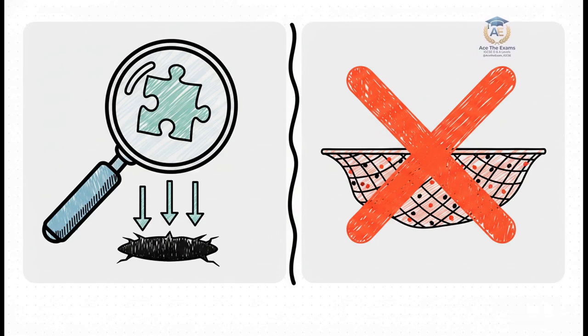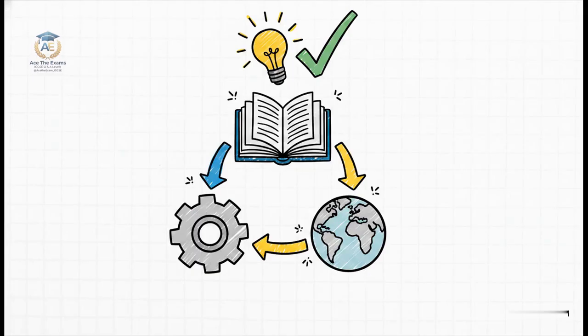You are rewarded for taking a few highly relevant pieces of information, isolating the hidden constraints of the prompt, and analyzing them deeply. If the command word is analyze, you are breaking down the components. If it's evaluate, you are judging the value of those components. Knowing the difference is what elevates a mediocre paper to an elite one. So the crucial point is exactly how you build that depth. According to the source material, establishing clear causal relationships is essential. But here is a massive strategy hack: explicitly integrating cross-topic connections.